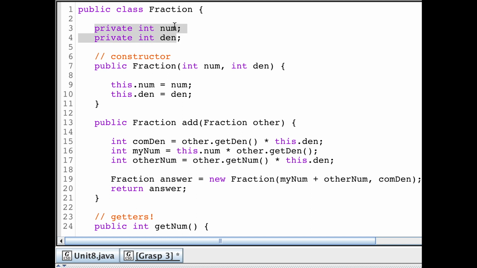Private instance fields with a numerator and denominator, creating a constructor that has a numerator and denominator, and I set my instance fields to those that have the same name. Create a behavior. This is a behavior. I'm going to add myself to another fraction. I do some crazy math. Hopefully it's right. If it's not, you'll forgive me. Then I create a new fraction object, and I return that fraction object because that was the type I wanted